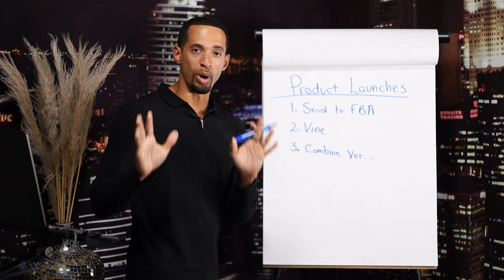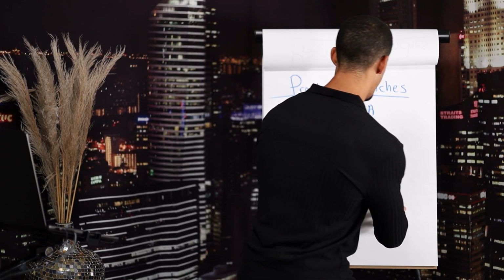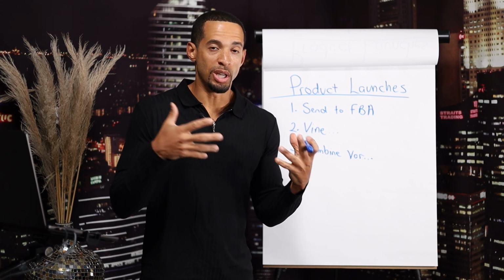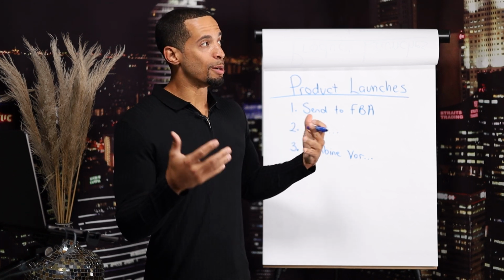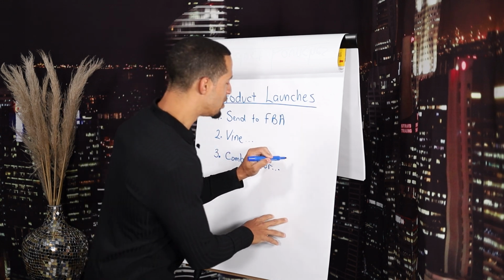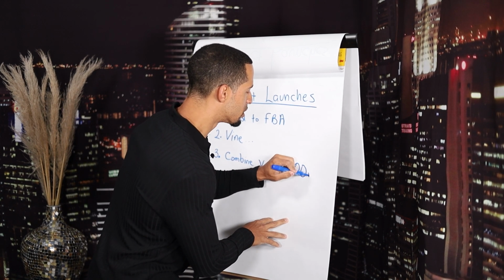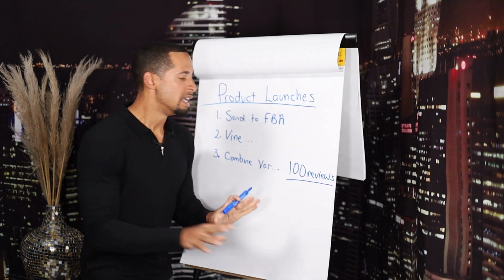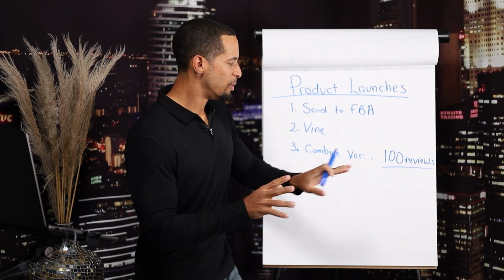This gives us one single Amazon listing now that ideally, if you sent in 4 different variations and you gave away 30 units for each one, you probably got 20 to 25 reviews from Vine for each one. So we're going to say that you have now 100 reviews across these different products. You can start to advertise before you get to 100